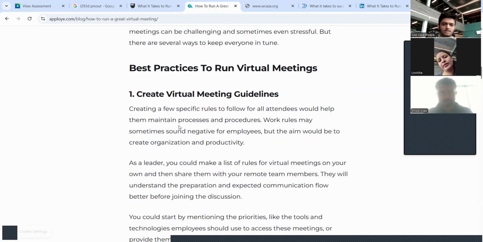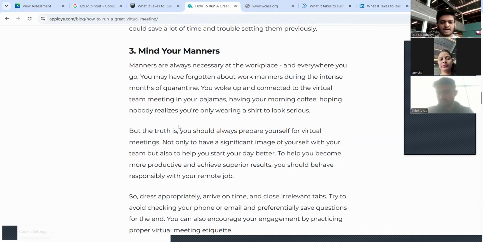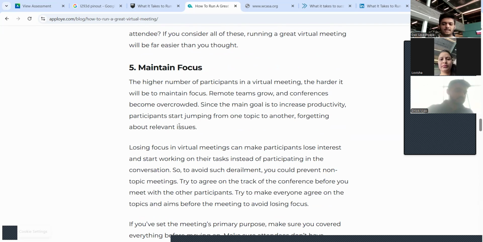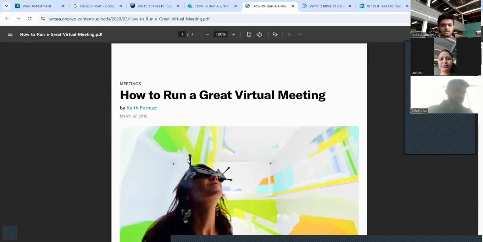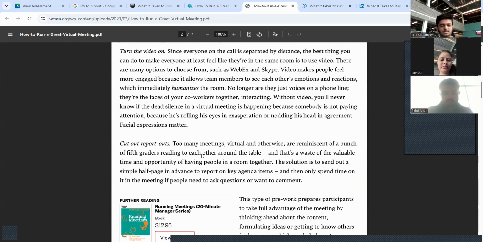You can search on Google, or even currently, if we are using Zoom and you don't know how to create a meeting, if you press on help, it will help you out. So that's fine. We need to prepare an agenda, some manners, and encourage feedback and everything. We will just take a look at these things, and it should be good for making an infographic using these sources.